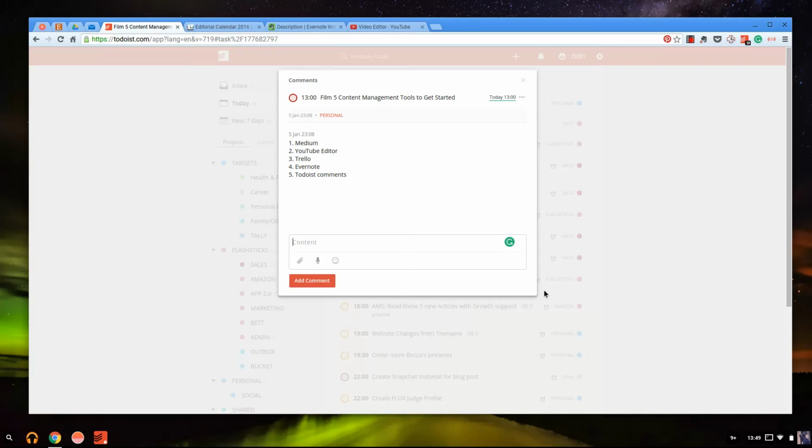Additionally, you can attach voice recordings, emoji, and attachments too, which might make the experience easier for you to capture, especially on mobile, when the sync is so fast on Todoist. So it might be a more robust and speedy option than Evernote. And I bounce between the two. I don't stick to one solely.